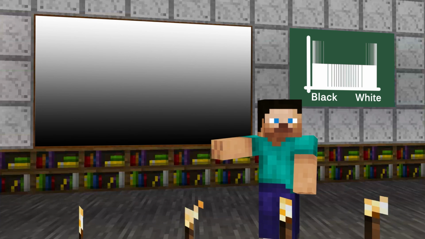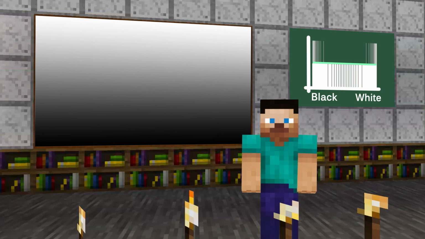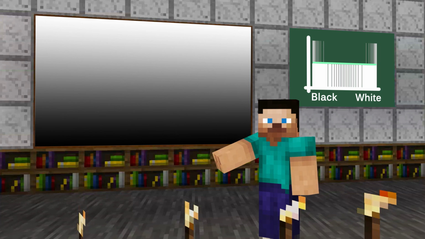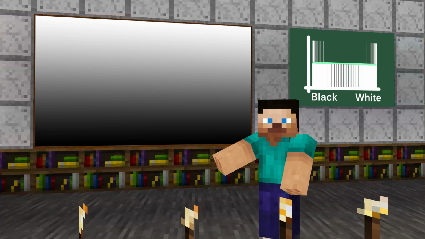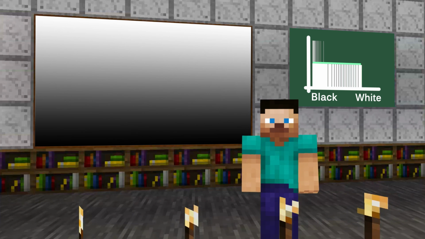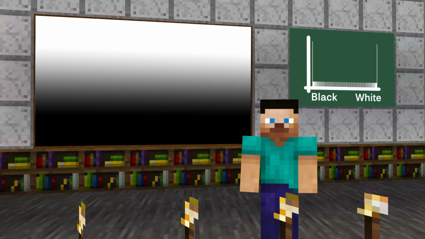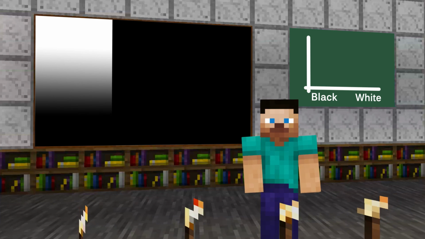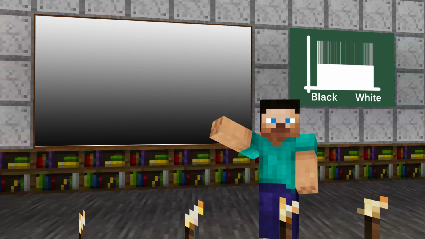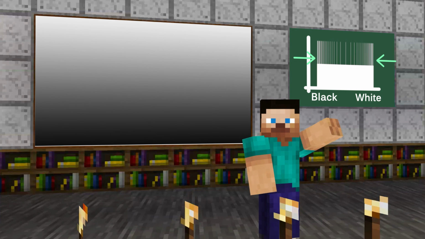Now, let's look at this gradient image. Its histogram is a straight line. Does this surprise you? If we look at the image, we have a black band and a white band, and all these gray bands that are the same size. So the graph reflects this with a straight line. If we move the black and white start points, then the histogram will have taller ends with a dip in the middle. But if we move the black and white start points off the image, then the histogram will shorten on the ends and rise in the middle.